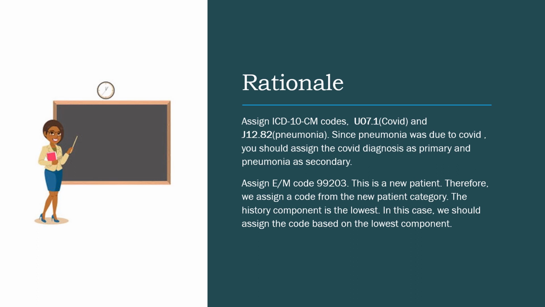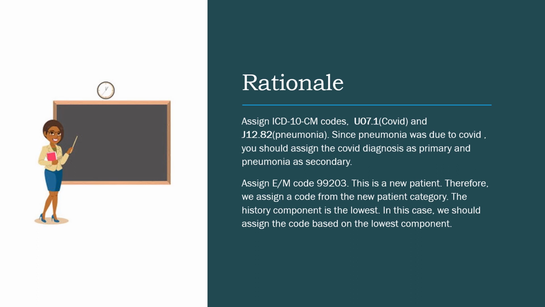Why? This is a new patient. Therefore, we assign a code from the new patient category, and then the history component is the lowest of the three components. And the three components are your history, your examination, and your medical decision making. Whenever you are assigning new patient codes as well as your consult codes, you want to go with the lowest category or component. So in this case, the patient had a detailed history, a comprehensive exam,